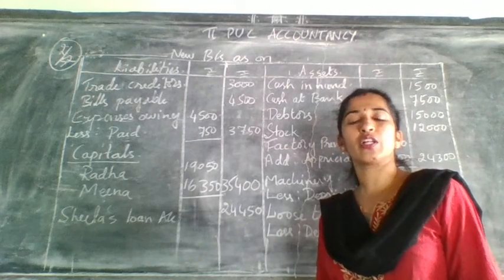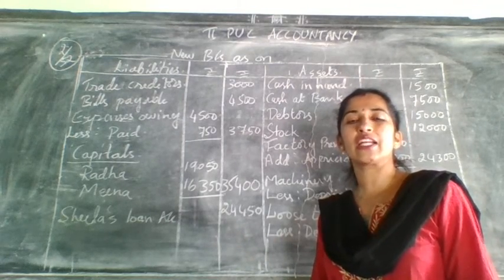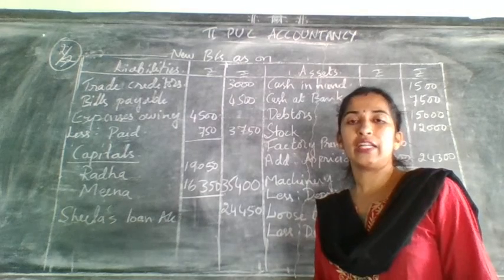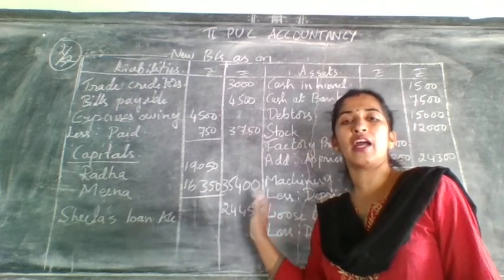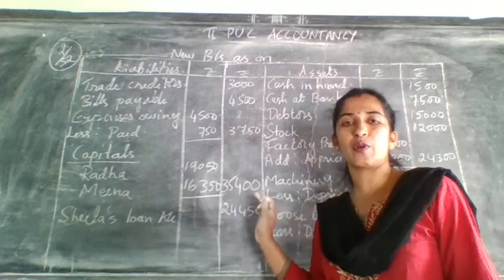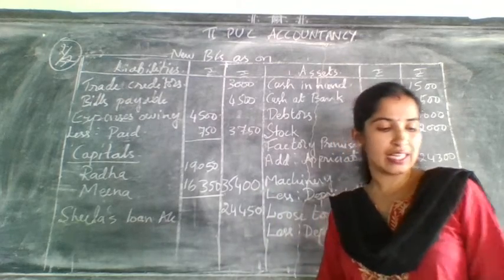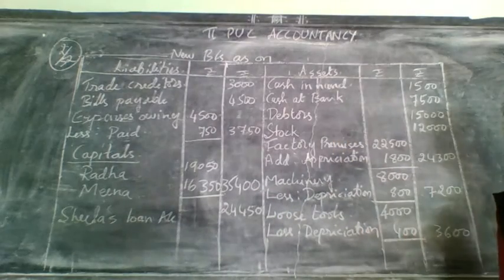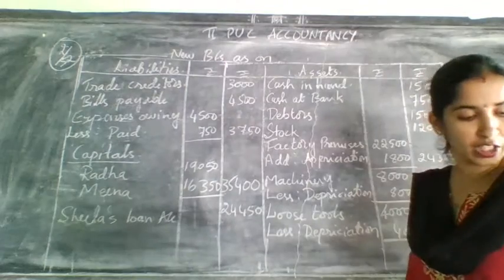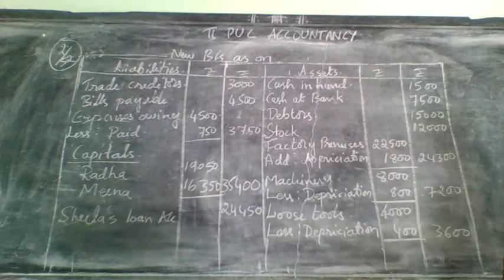before doing the total, what I told, you need to recheck once whether you have taken all the adjustments and all the assets and liabilities properly or not. So let us recheck once. Again we need to start from which side? Again we need to start from the asset side.